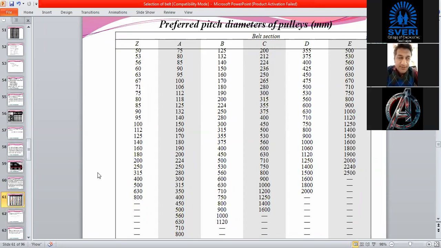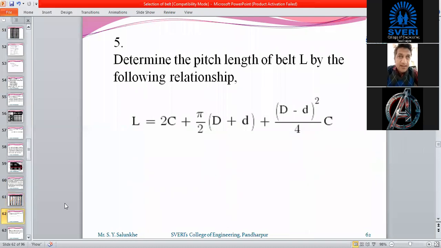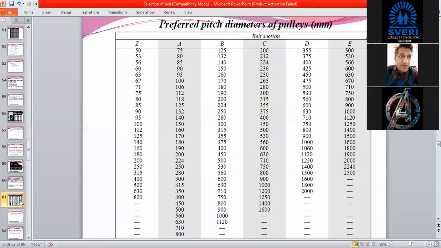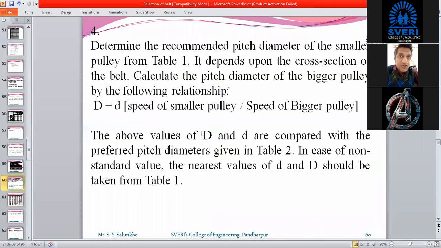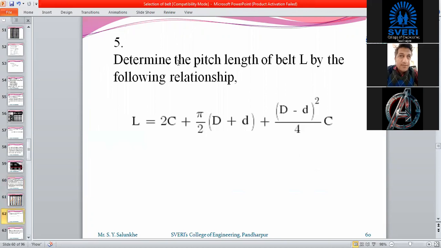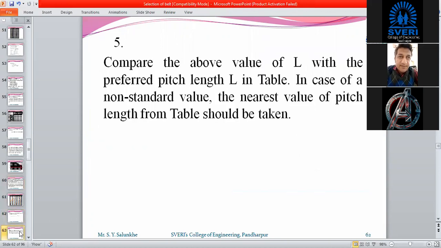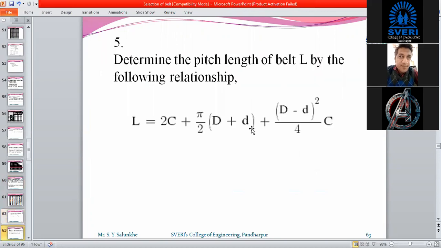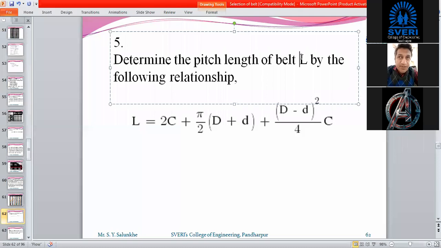Once you decide this pitch diameter, then from the pitch diameter, you can calculate the actual diameter of the pulleys. And later on, you are going to calculate the center distance. Then the center distance, having the pitch diameters, by considering the pitch diameters, that is capital D and small d.